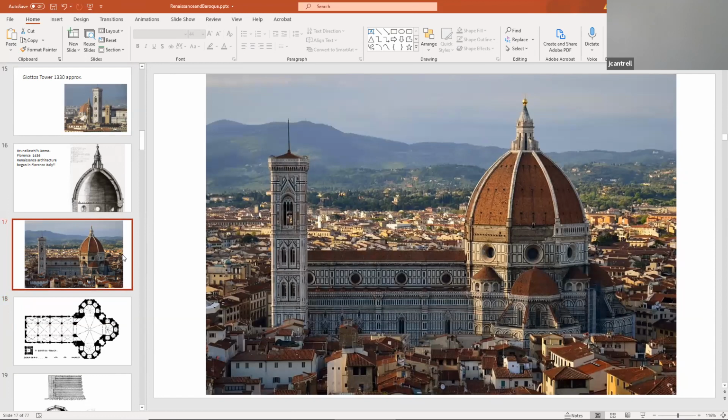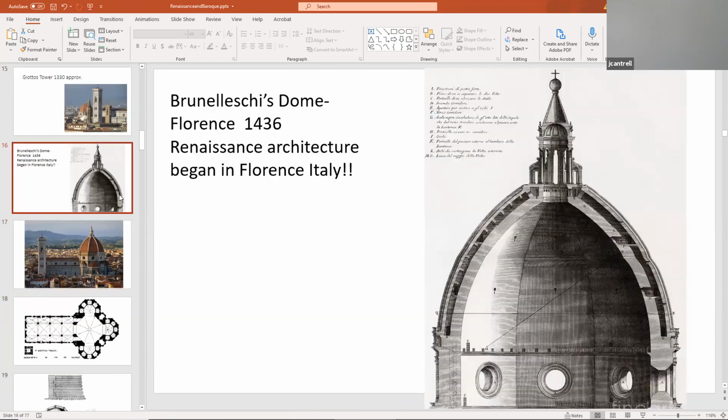Now what Brunelleschi does is use what's called a double shell dome. You can see the two shells. One is the outer shell, one is the inner shell. Of course, the inner shell has frescoes painted on it. And the liminal zone between the two shells is an axis. You can actually walk it. If you see the little dotted lines from my cursor, you can see the spiral staircase that goes all the way to the ground. Now it's a tourist attraction to take from the ground floor all the way up to the top of the cupola.